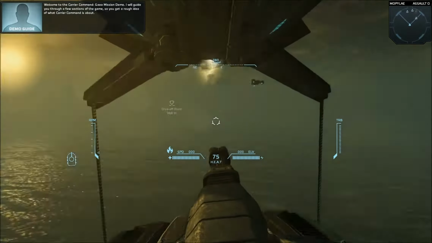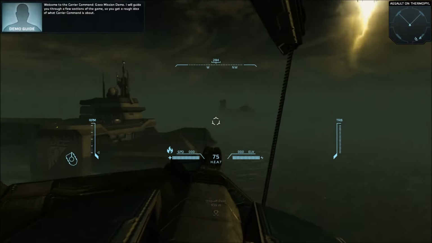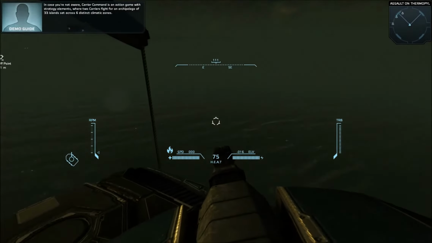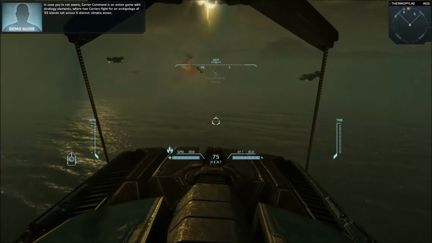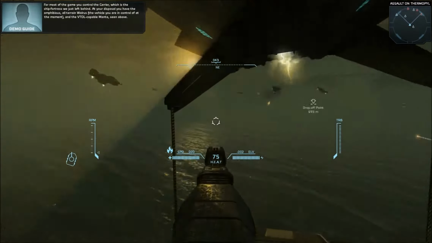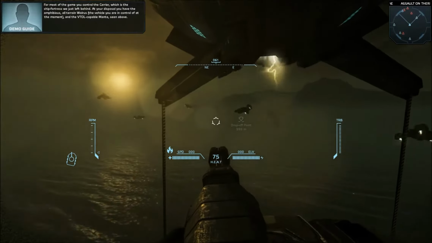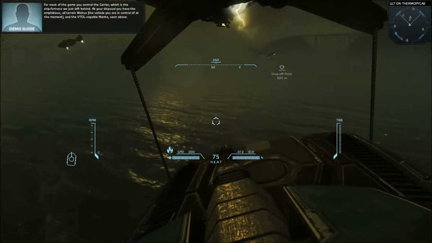Welcome to the Carrier Command Gaea mission demo. I will guide you through a few sections of the game, so you get a rough idea of what Carrier Command is about. In case you're not aware, Carrier Command is an action game with strategy elements, where two carriers fight for an archipelago of 33 islands set across 6 distinct climatic zones. For most of the game, you control the carrier, which is a ship fortress we just left behind. At your disposal, you have the amphibious, all-terrain walrus, the vehicle you are in control of at the moment, and